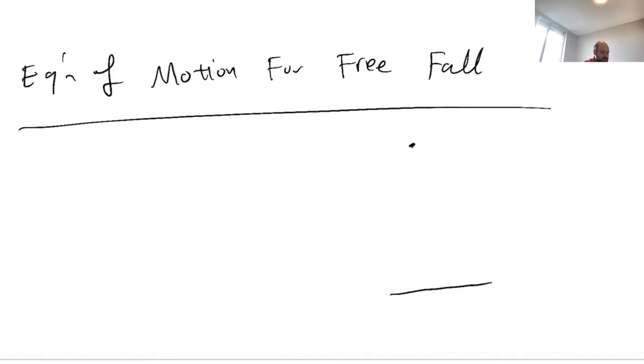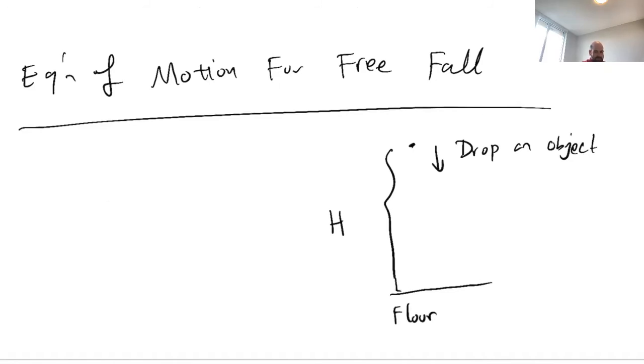Let's say we drop it. This is height h, and let's say we drop an object. Let's say this is the floor. So when you drop an object from height h,